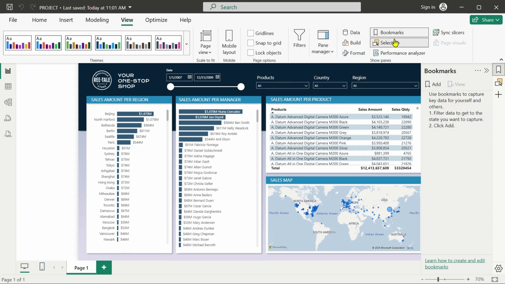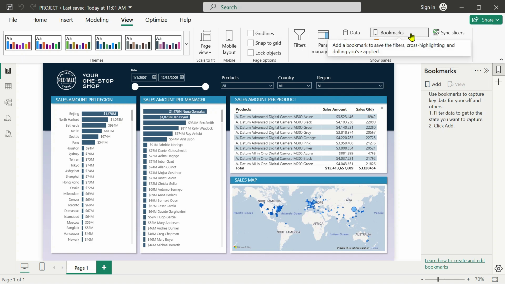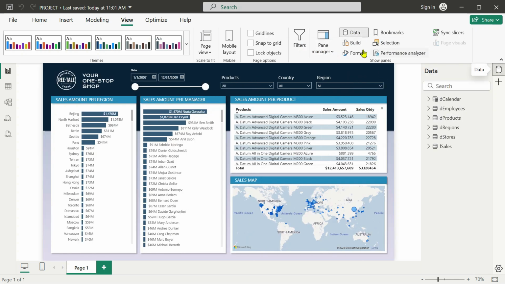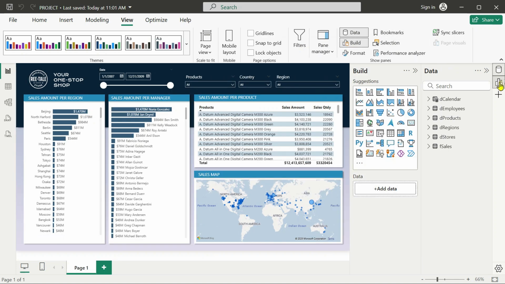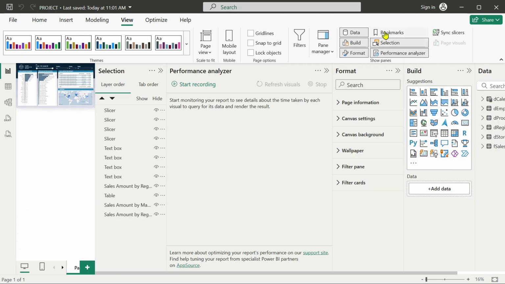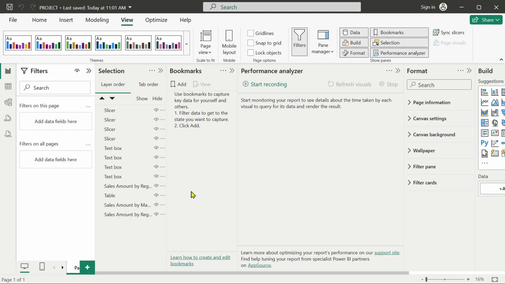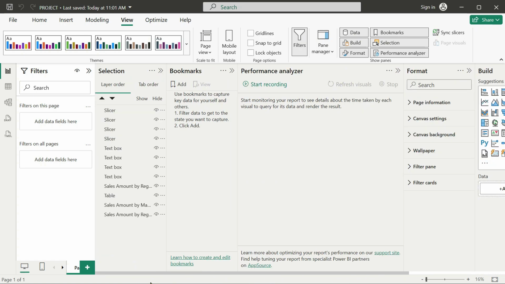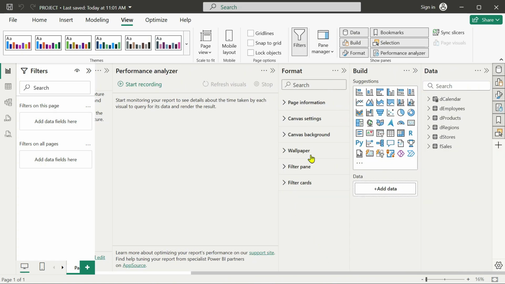For example, you can enable or disable panes from here. Look, show panes. You can click and select the data pane. It's going to be here. The build pane, it's going to be here. Format pane, and each of the panes that you select will appear. Filters, and then you have a lot of things going on right here. So you can enable or disable them.